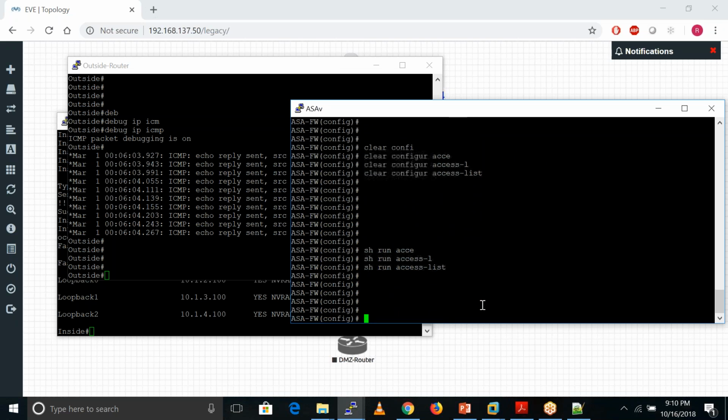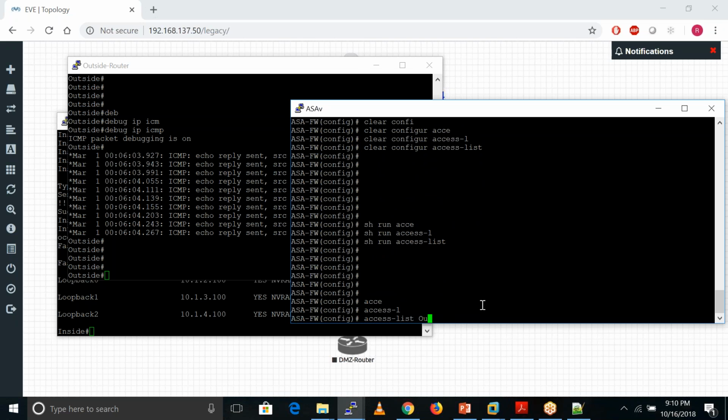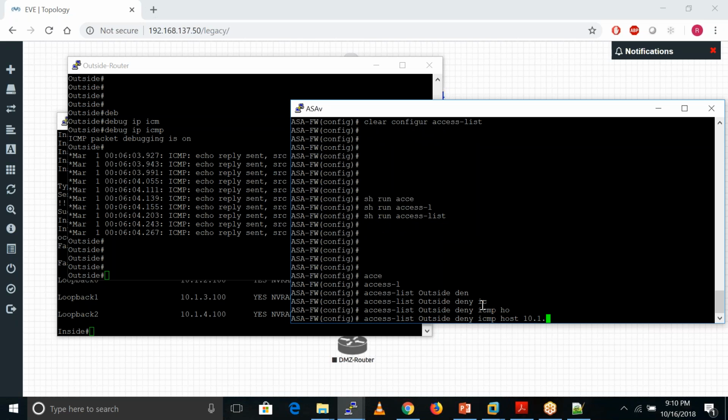I'm not having access. Now I'll create one ACL access list, outside, where I'm denying ICMP traffic from host 10.1.1.101 to host 192.168.1.1.